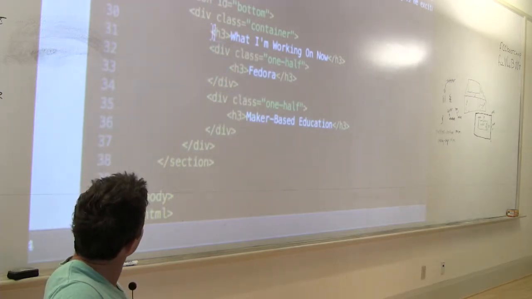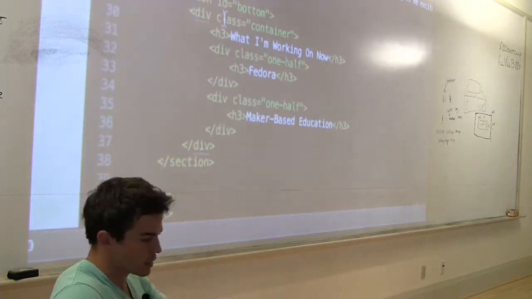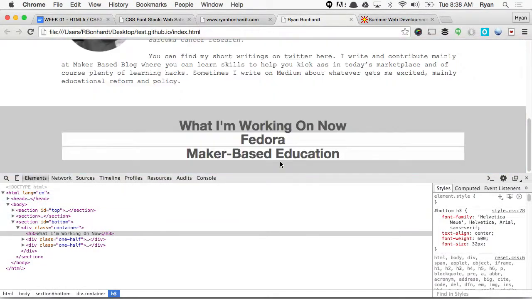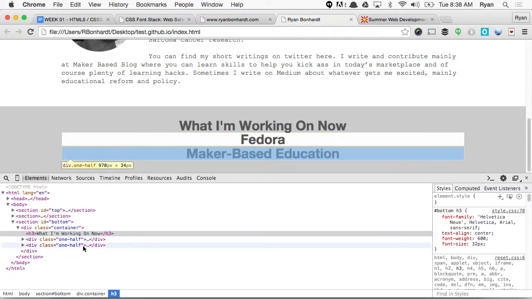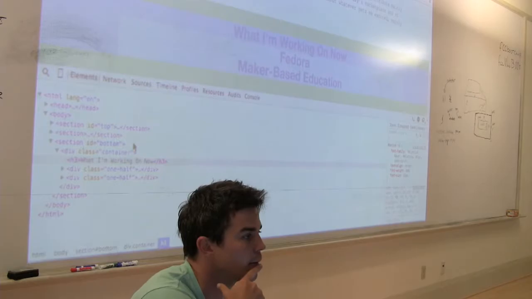That H3 are all child elements of this div with the class container, so unless we otherwise specify, they automatically adopt the width of that container. Okay? So when you're speaking of keeping it clean, when you're nesting like this,